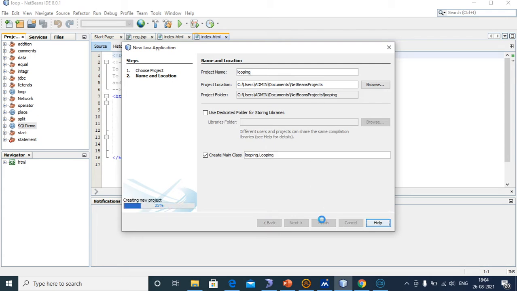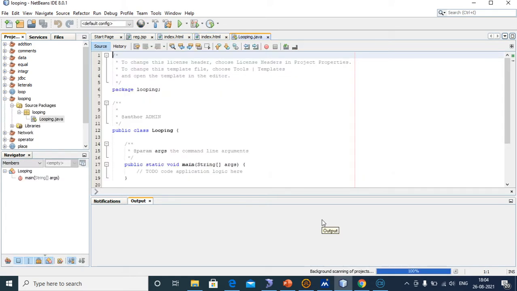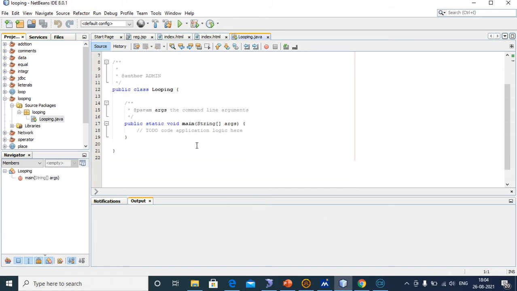In looping statements we have three types in Java. One is a for loop, another one is a while loop, and another one is a do while loop. First we are going to see what is meant by a for loop with an example. The for loop means the body of the loop will execute until the given condition is false, and this loop is also used to repeat a particular piece of code a fixed number of times. In for loops we have to use two semicolons.